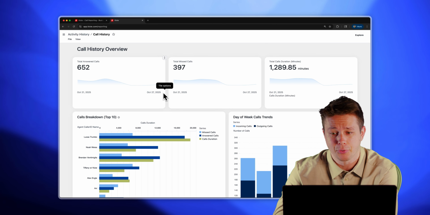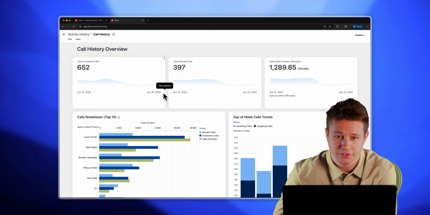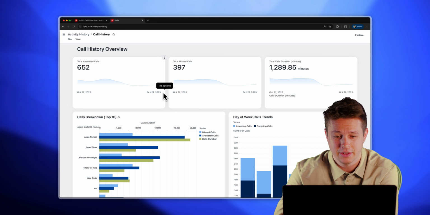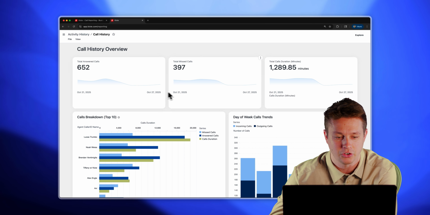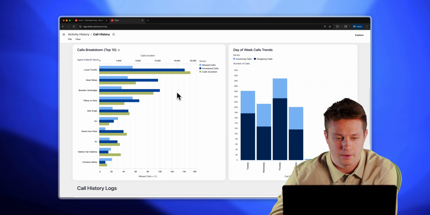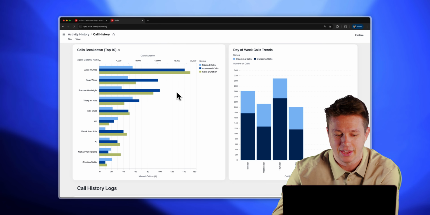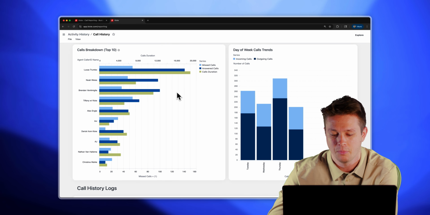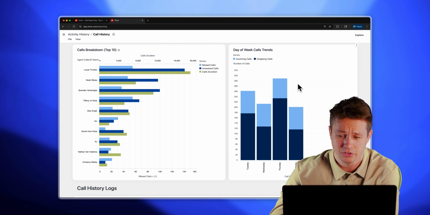This is one of the pre-built dashboards that we have built out for your team, and it's also the first one that you will see when you click into the AI Insights tab from the Kixie dashboard. Right off the bat, there's some great new visualization that you'll see with this dashboard. You'll see total answered calls, total missed calls. We even have some charts for top 10 agents by call volume, day of week calling trends for both incoming